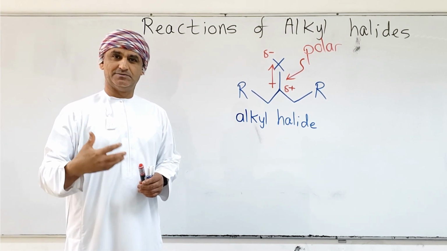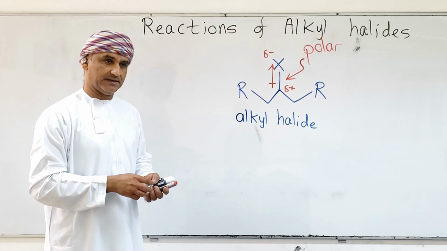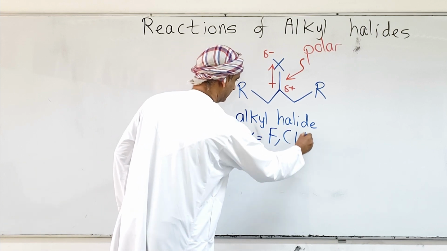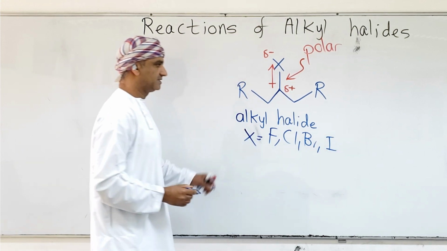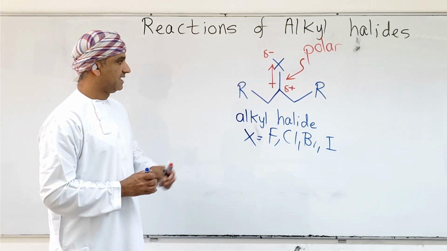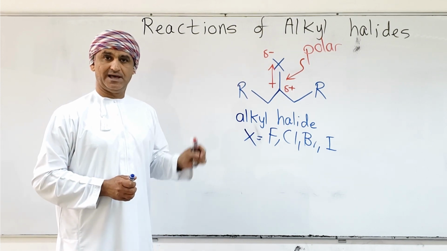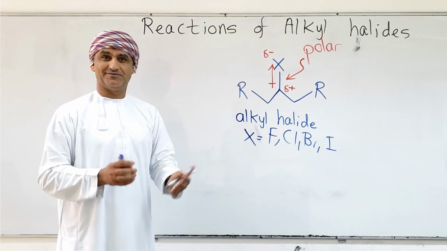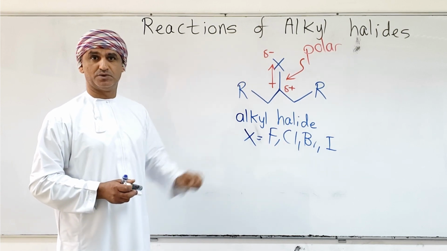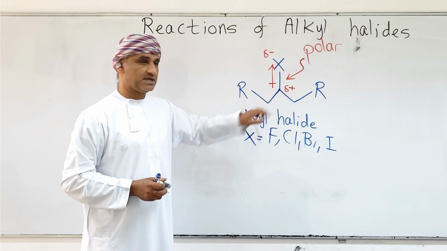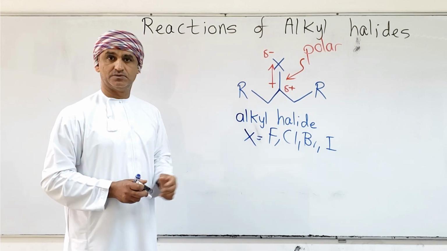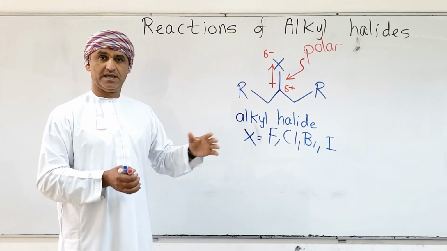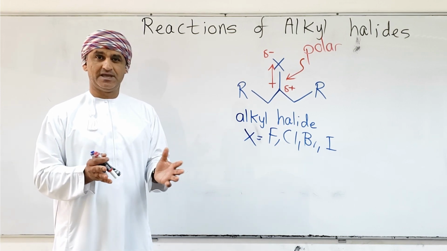X could be fluorine, chlorine, bromine, a group 7A element if you like. So X here is F, Cl, Br, I in general. That's the general structure of alkyl halides. And this CX bond again is a polar bond because of the difference in electronegativity between carbon and X, or if you like, because of inductive effect. X pulls electrons more toward itself in this chemical bond, leaving carbon with a positive partial charge and X with a negative partial charge. Because of the polarity of the CX bond, alkyl halides therefore are reactive, and their reactivity